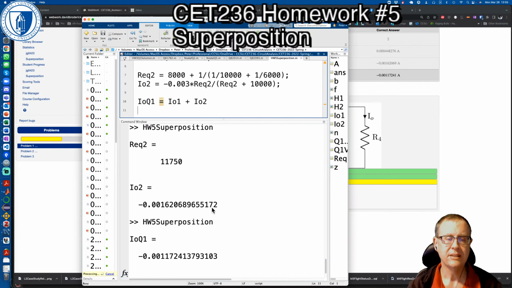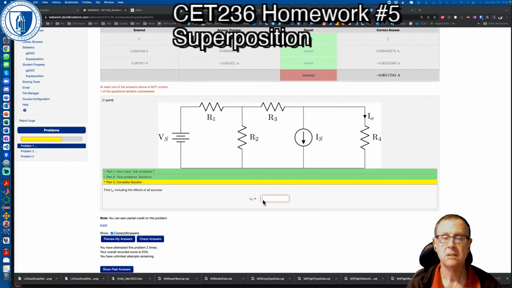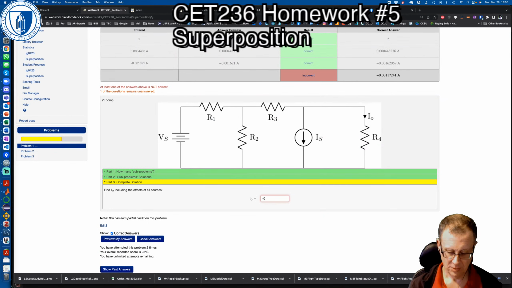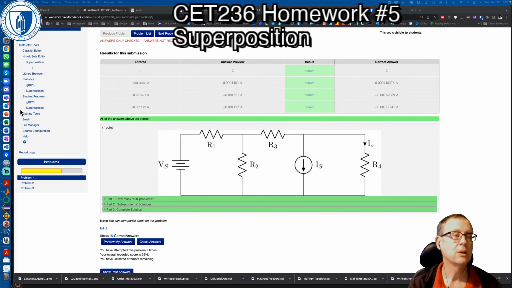And let's run that. So that's minus 1.172 milliamps. Minus 0.001172 amps. And there's everything green. So I'll kick off another